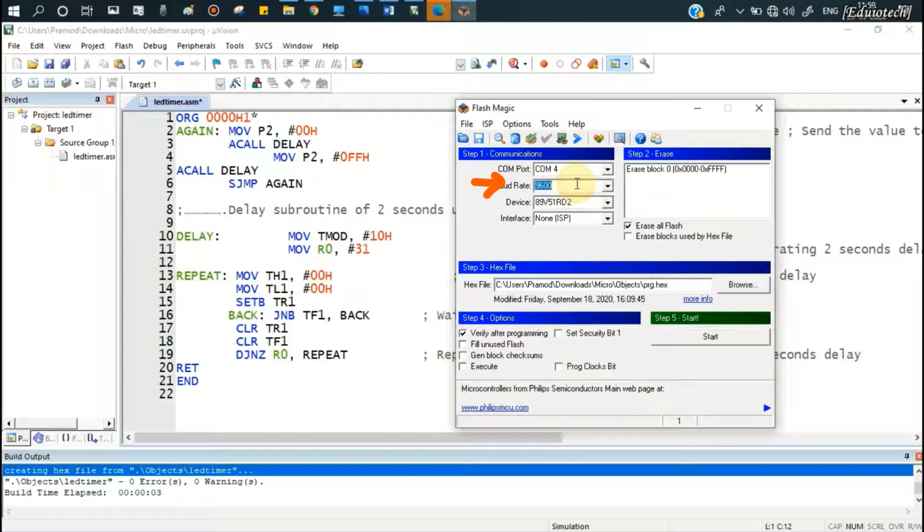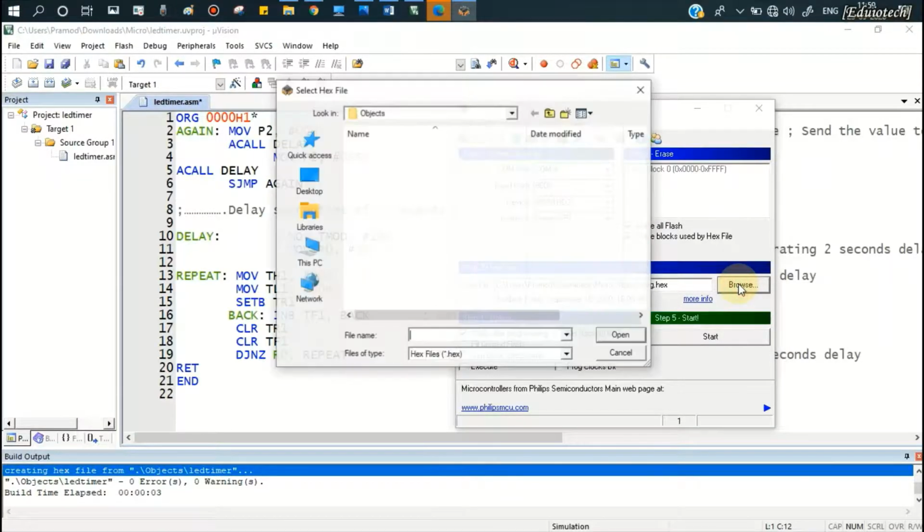Select the baud rate, that is the speed with which we are going to transfer the data from the microcontroller to the PC. And select your microcontroller device which you selected while creating a project file in Keil Microvision. Select None ISP mode. Now give the path to the hex file.